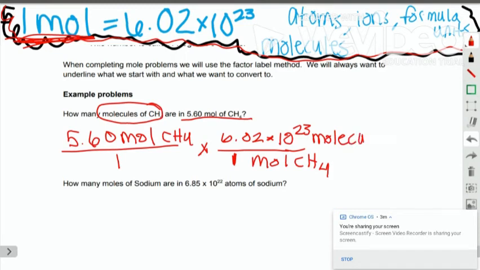You can see that using this shorthand, the scientific notation of Avogadro's number, is much easier than writing out all of those zeros after. So you will just write the scientific notation, and that will be easier to type in